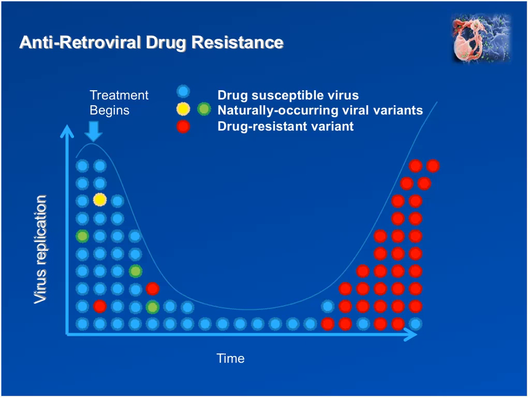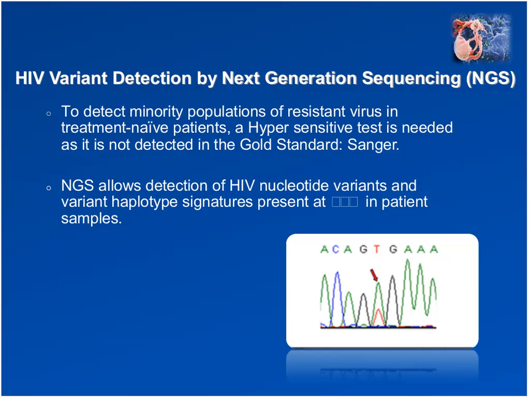As you can imagine, HIV genotyping, or testing for the presence of drug-resistant virus before treatment begins, is now an important part of clinical care. As it turns out, deep sequencing of HIV using next-generation sequencing approaches provides an ideal solution to this need for sensitive HIV genotyping. Through next-generation sequencing, HIV drug-resistant variants, as in the viruses with the mutations that allow the virus to evade the antiretroviral drugs, can be identified in patient samples at frequencies below 1%.